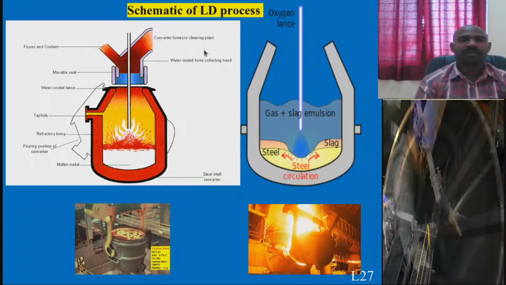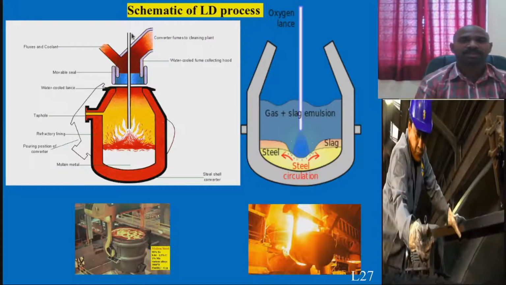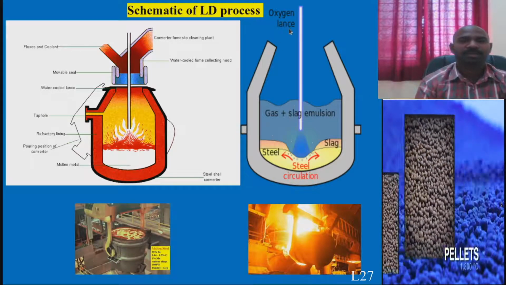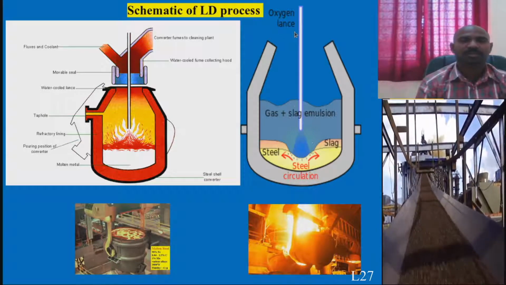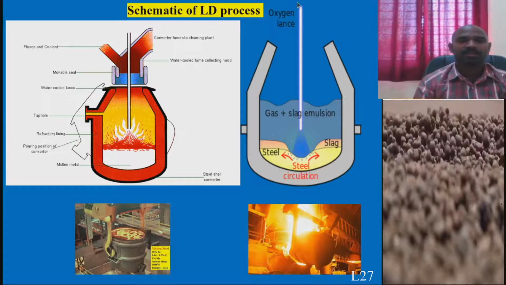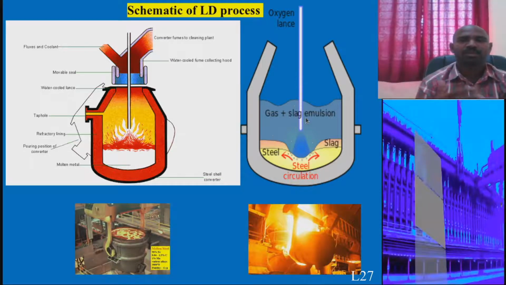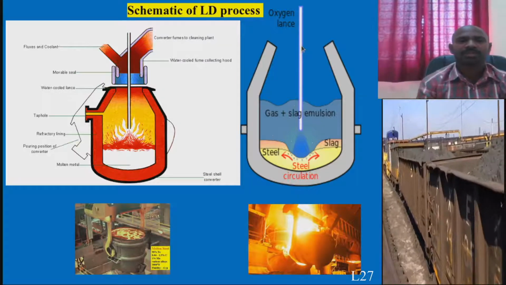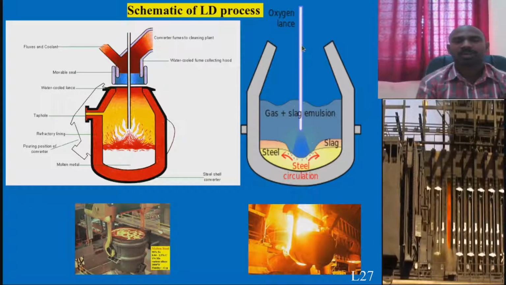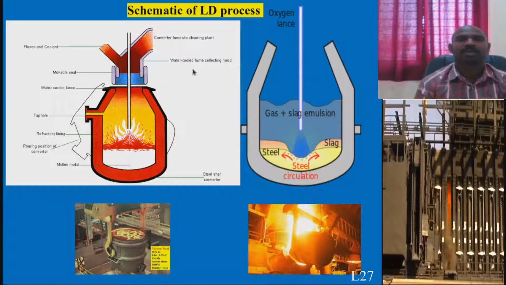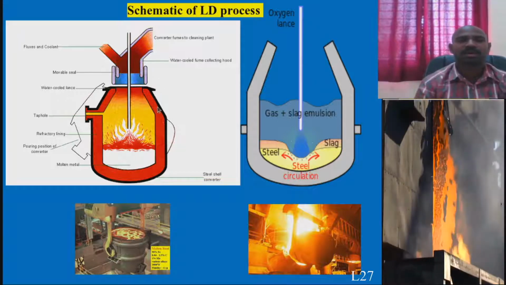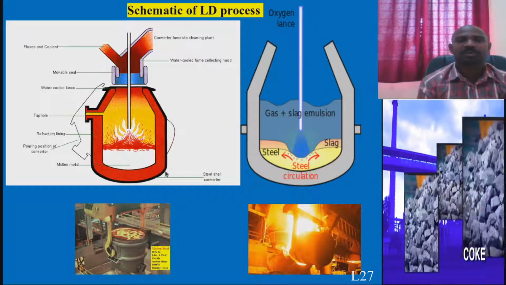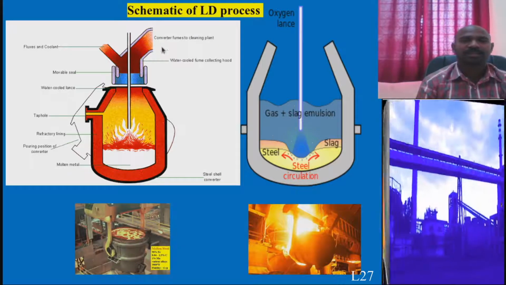So instead of going into the complicated design, this particular tube is called the oxygen lance. A lance is nothing but a tube made of steel, with a copper tip, for sending oxygen. And this is the mouth, this is the cone, this is the barrel section, and this is the bottom spherical shape of the LD.